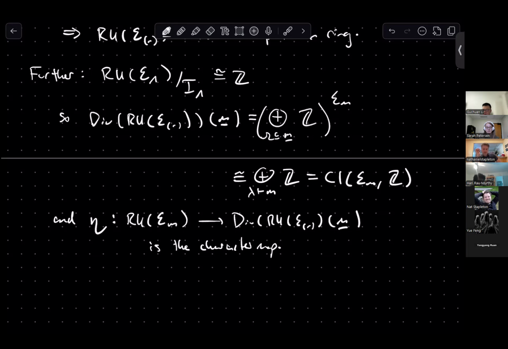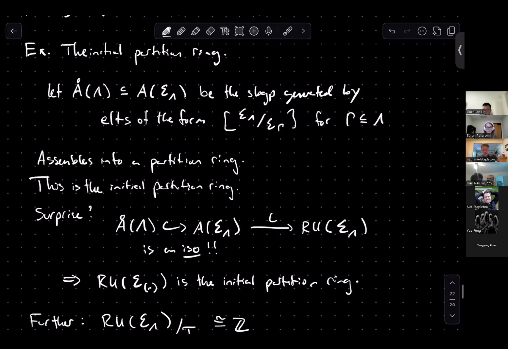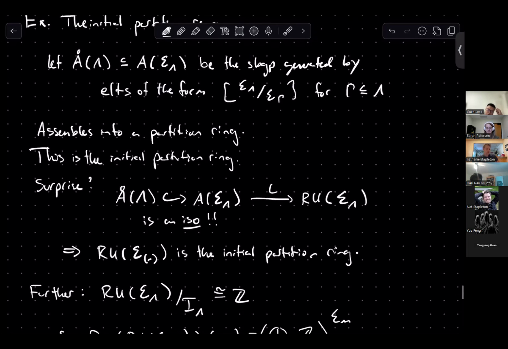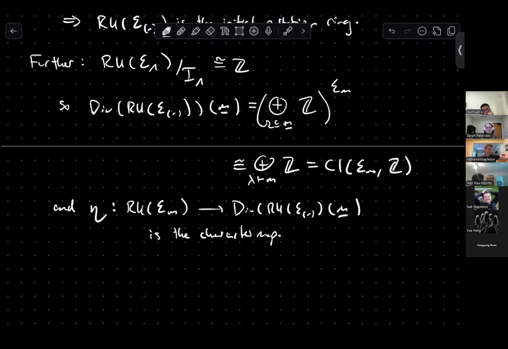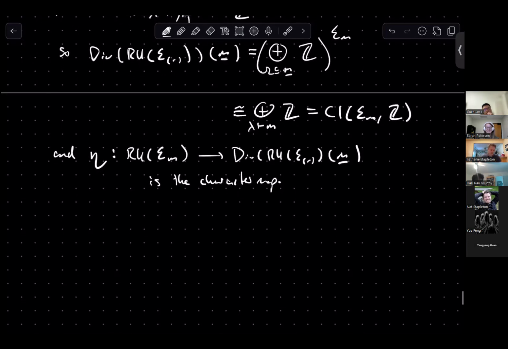Okay. So that's this example. I think this is probably the most important example. It explains a real difference between partition functors and global Mackey functors. The initial partition ring is actually the representation ring functor rather than the Burnside ring functor. Okay, I want to get somewhere, and I'm going to succeed. Okay, excellent. 12 minutes, I can do it. So then, are there any questions here? So this next section is called